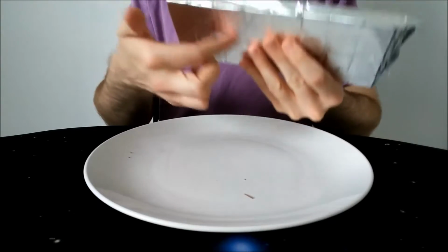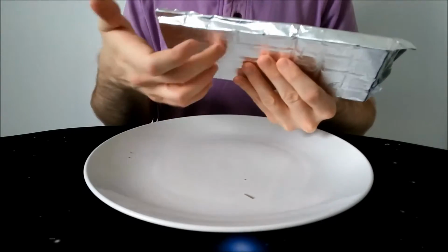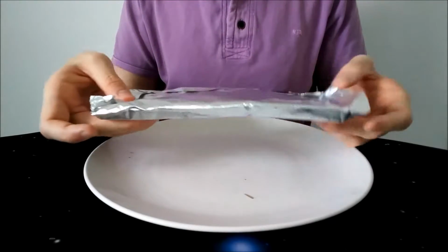Yeah, so I always say it's nice to be able to rub it and fill in the dents when you're young, you know, with these foil wrappers. You can't quite do it with this one. I think it's a bit too tight, but